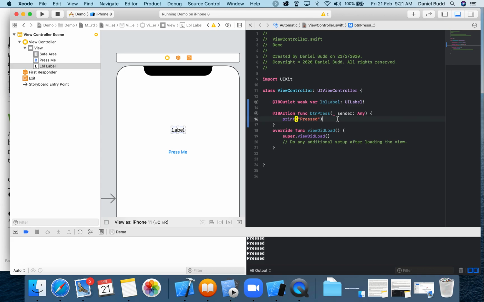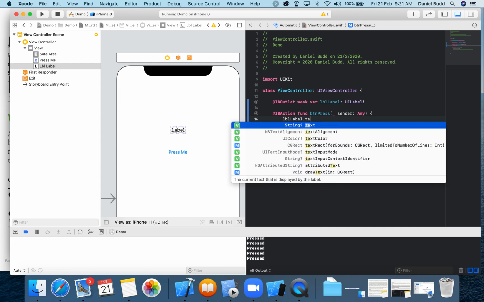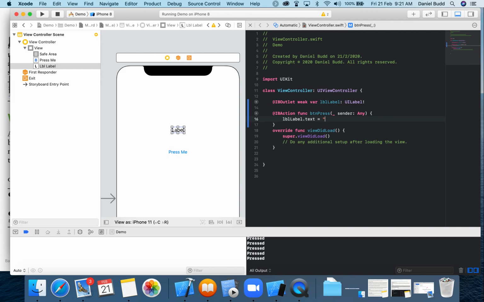So instead of just printing out, what I'm going to do is to get my label text property, and I'm going to change this to pressed. Okay, so I've got my label object. I found the text property using the dot notation. I've changed that text to pressed. So when we load up our application,